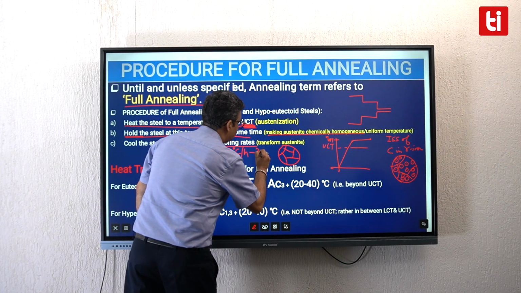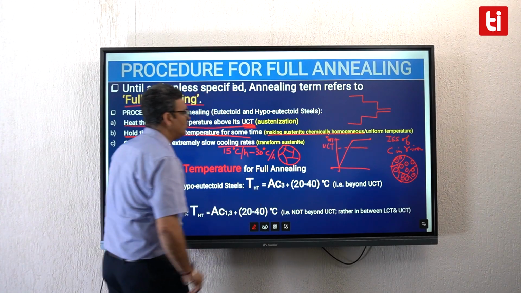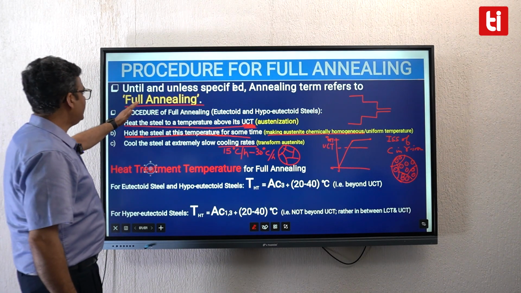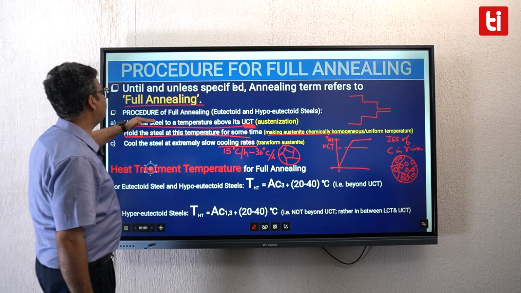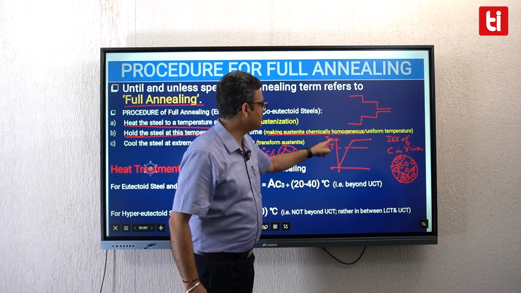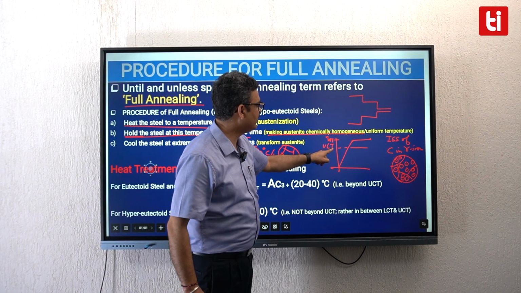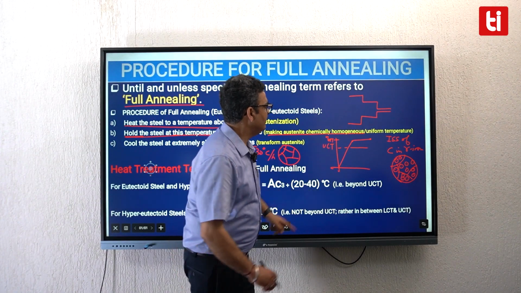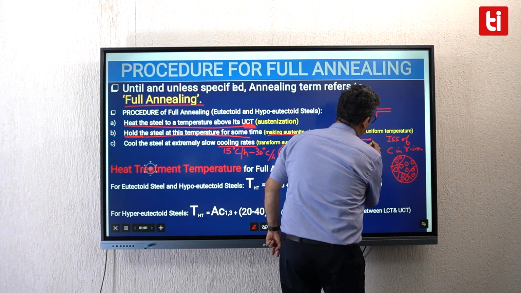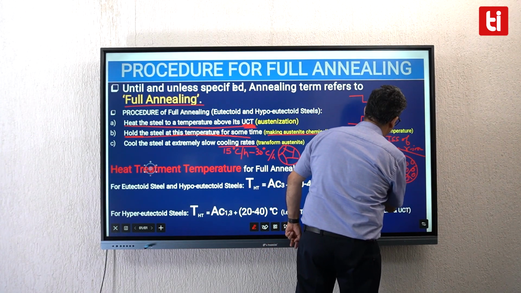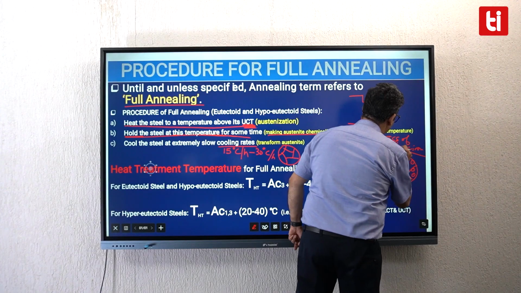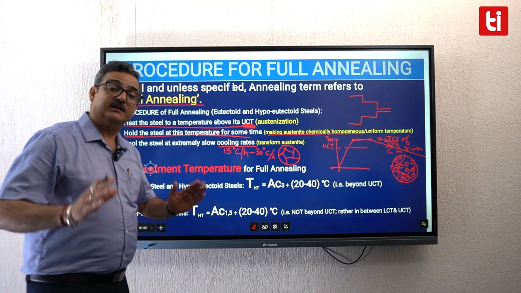So in full annealing treatment, we generally heat the steel to a temperature which is more than the upper critical temperature of the steel. So heat treatment temperature is in excess of upper critical temperature. We hold the steel at the heat treatment temperature for some period of time, and finally, students, at a very slow rate, which is only in the range of 50 to 30 degrees centigrade per hour, we cool the steel,